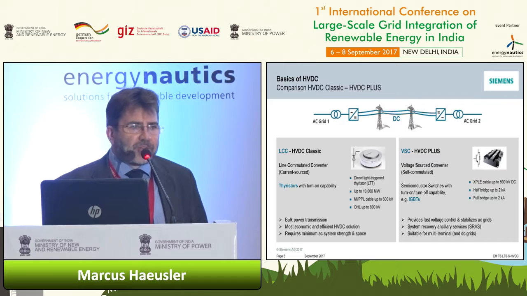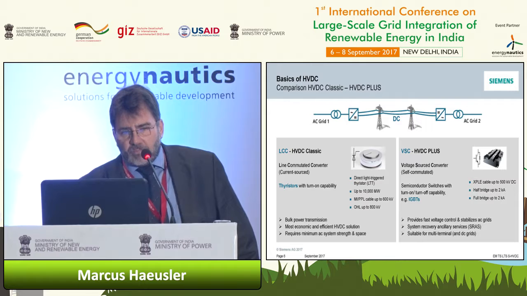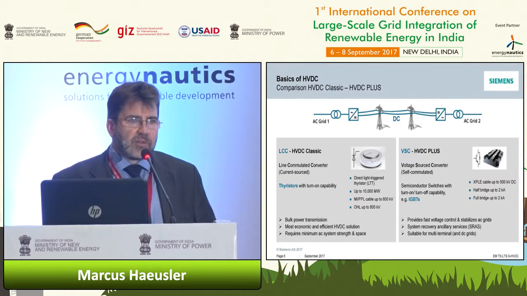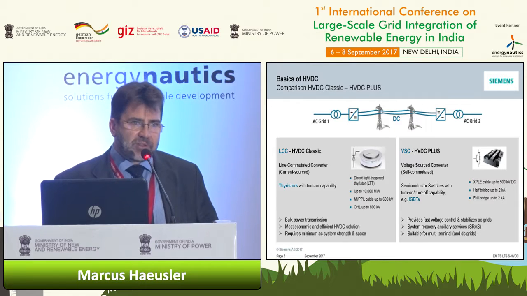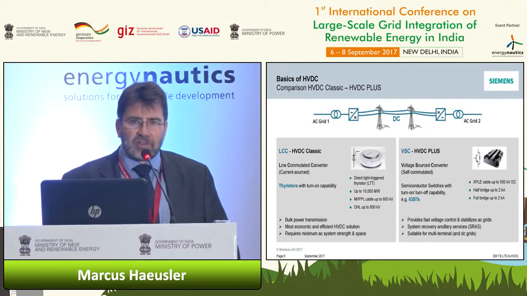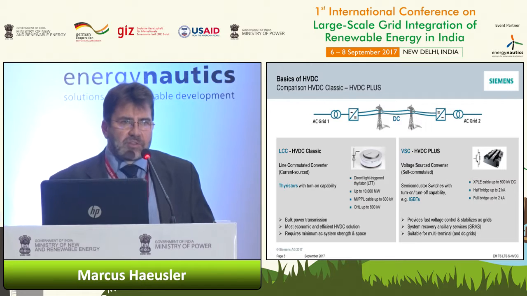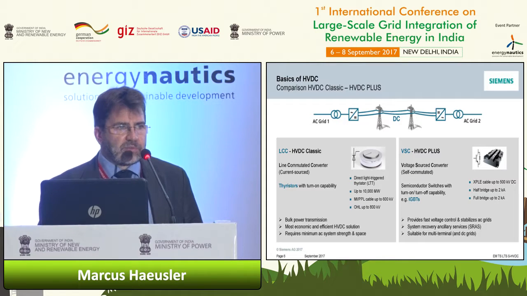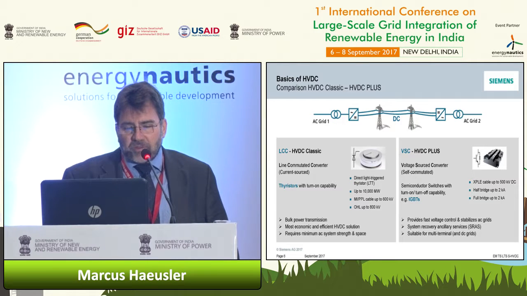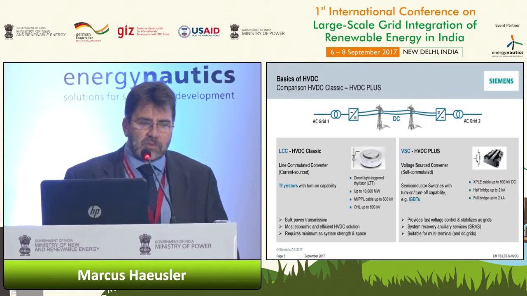Siemens is using direct light triggered thyristors, very robust thyristors. Voltage levels have now been developed and are in operation also in India. The first schemes are in operation up to 800 kV DC. In China, 1100 kV is currently under development. So there's actually a large capability of such a system to transport a huge amount of energy and power. This is the most efficient way to transport bulk power over long distance.